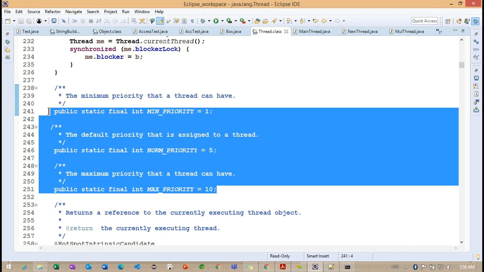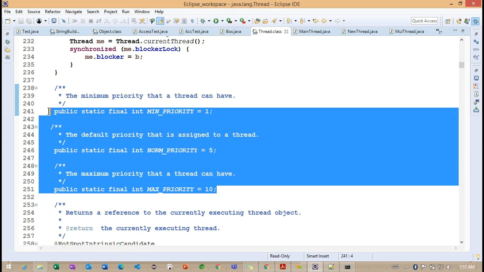So why are we making these final and static? What is the behavior of static and final? Can you please let me know? I think it's a one-time initialization.